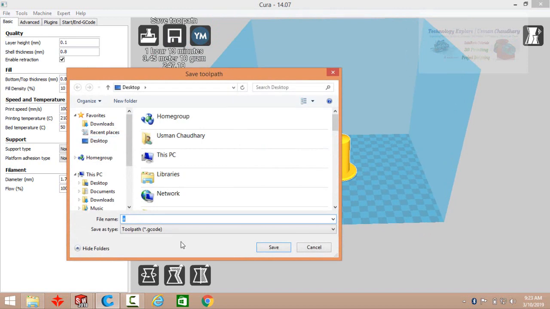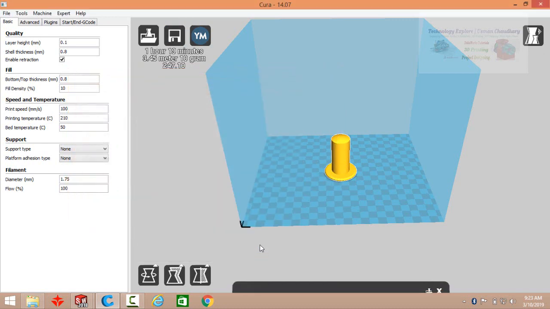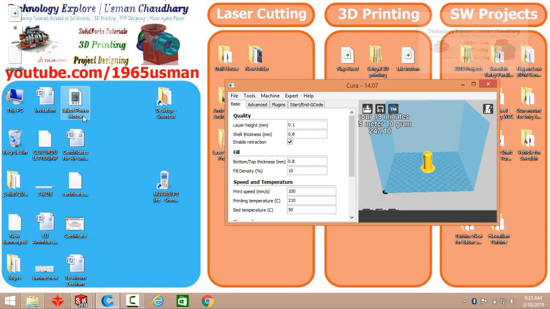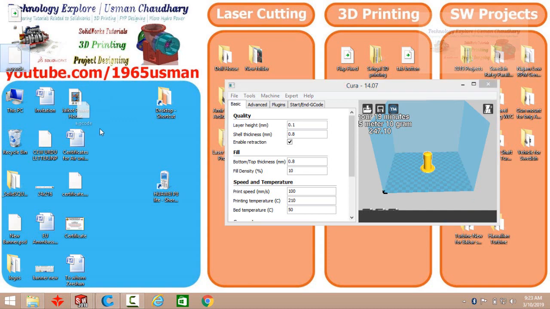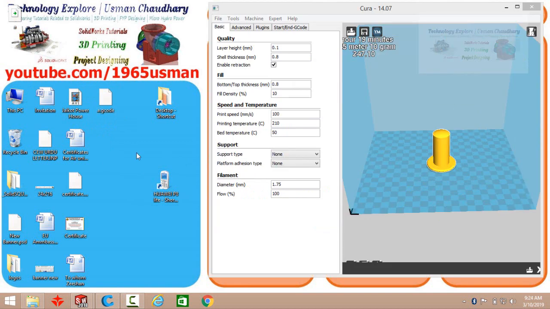Define the save location and name the file, then save. So here you can see we have the G code for this model. Now you can save this G code in SD memory card and print it from your 3D printer.